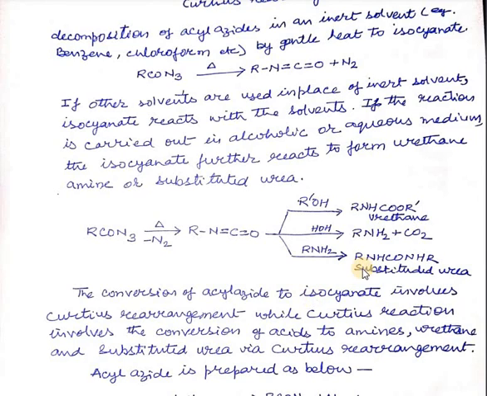So the conversion of acid to these products, either amine or urethane or substituted urea, is Curtius reaction, while the portion of this reaction in which this acid azide is converted into isocyanate is called Curtius rearrangement. So this is the difference. Now I think there should not be any confusion that